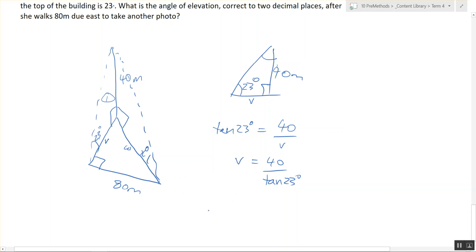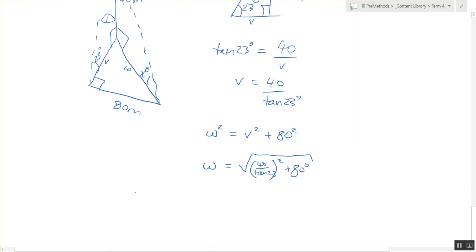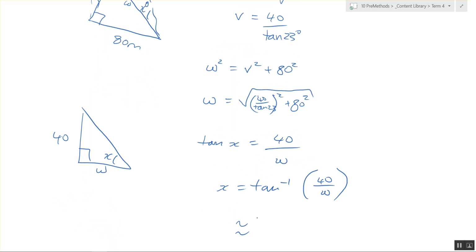The hypotenuse is W, so W squared is V squared plus 80 squared. So the last triangle, W, 40, X, again, opposite over adjacent. Where is this